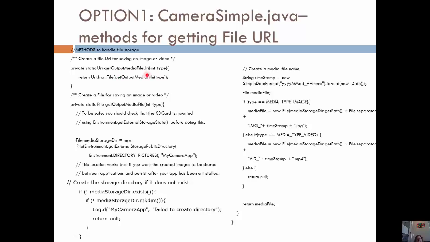Okay, so we have some methods here called get output media file URI, which is going to call get output media file, which is the next method based on the type. Okay, so if it's external storage, in this case, we're going to get the environment, get the external storage public directory. The location of where pictures are stored is called the directory pictures in the environment, and we're looking for the subdirectory called my camera